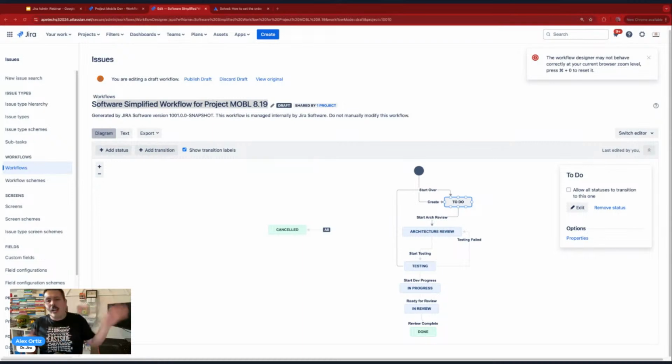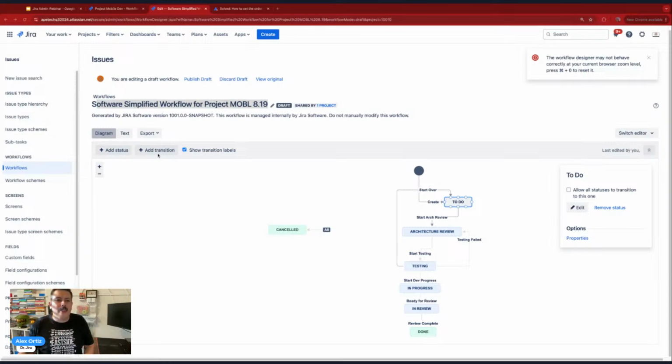You create a brand new blank canvas, just a white sheet of paper. You make a new workflow, or you make two or three workflows, depending on the requirements. You put that bucket of workflows in a brand new scheme as well, that has the configurations all set up,